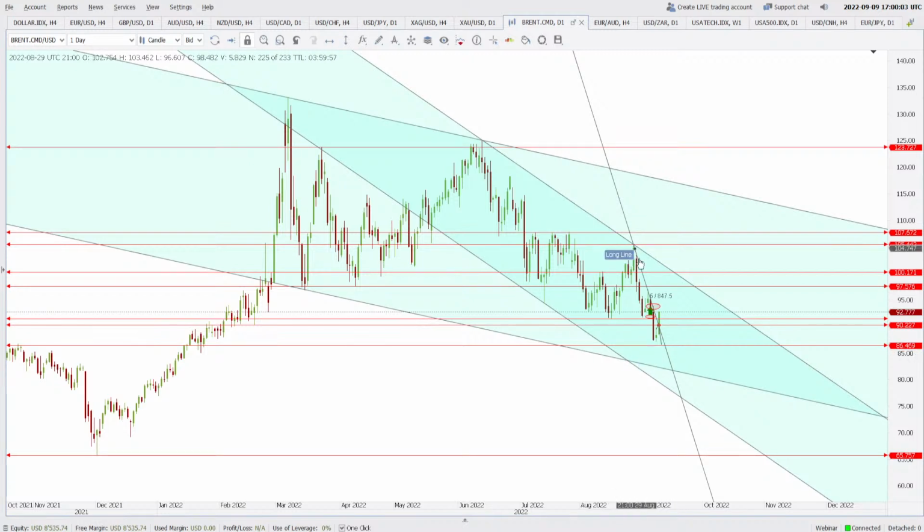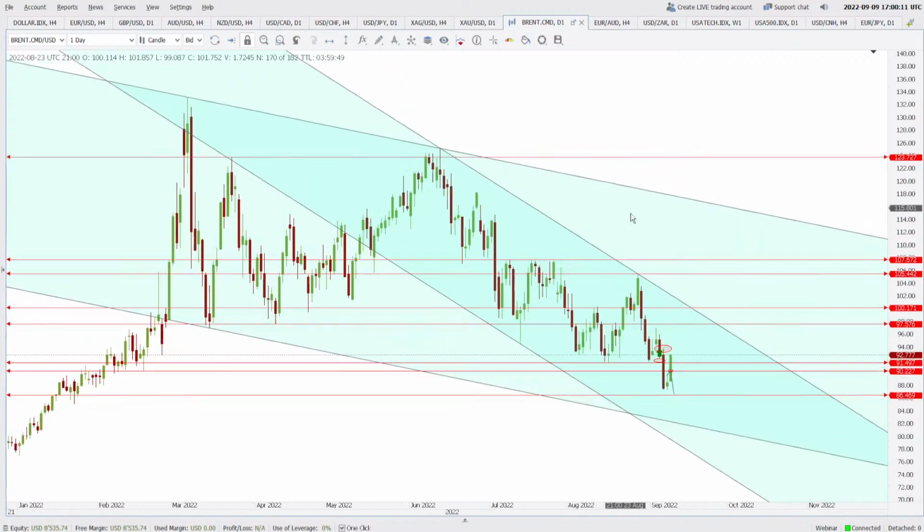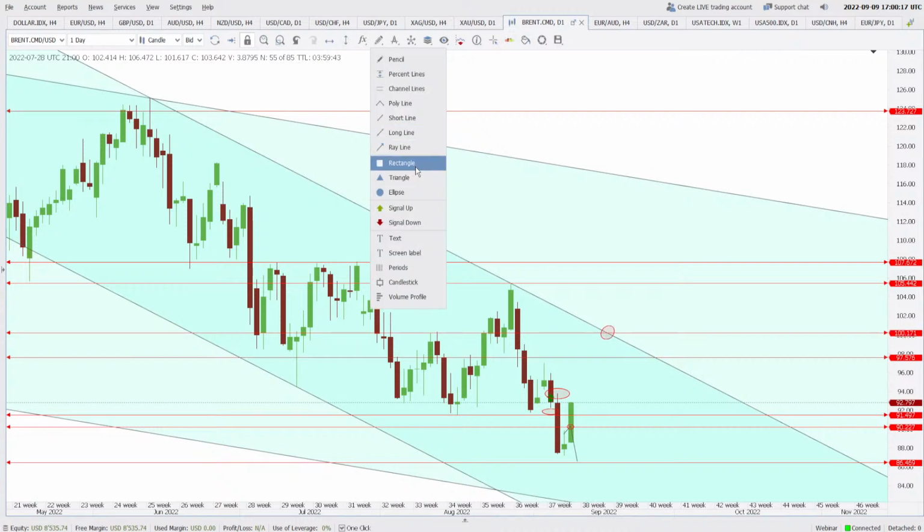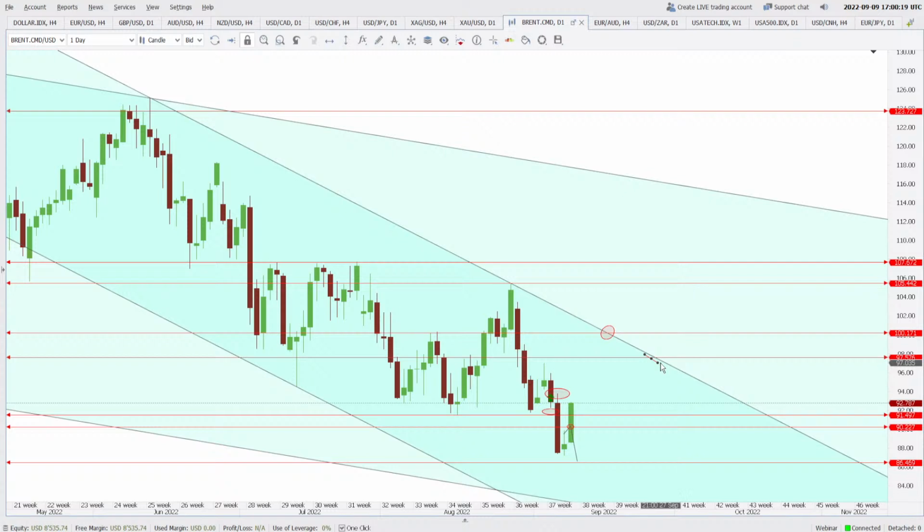Of course, this trend line is broken, but this was a very short-term trend line. If I just remove it, this downtrending channel is still intact. And in fact, we have two confluences of resistances here. So there is a possibility that the price will start falling from here. What do you guys say? Do you think that it will continue its uptrend? Well, from this sell-off here, I don't think that it is possible, but only time will tell.